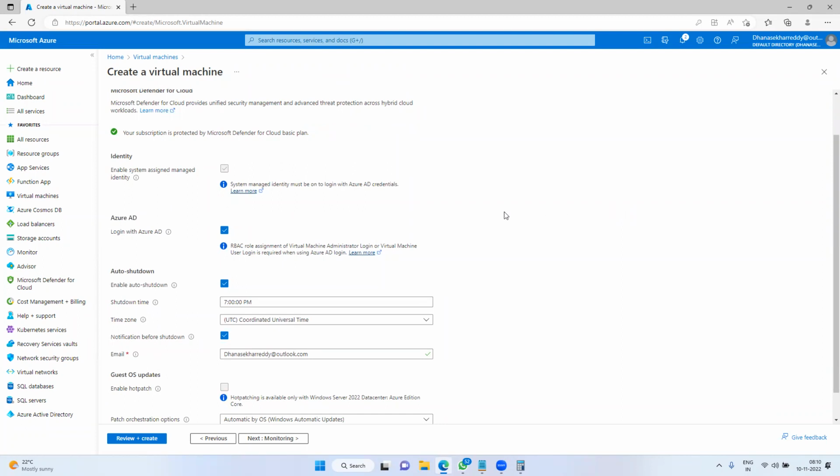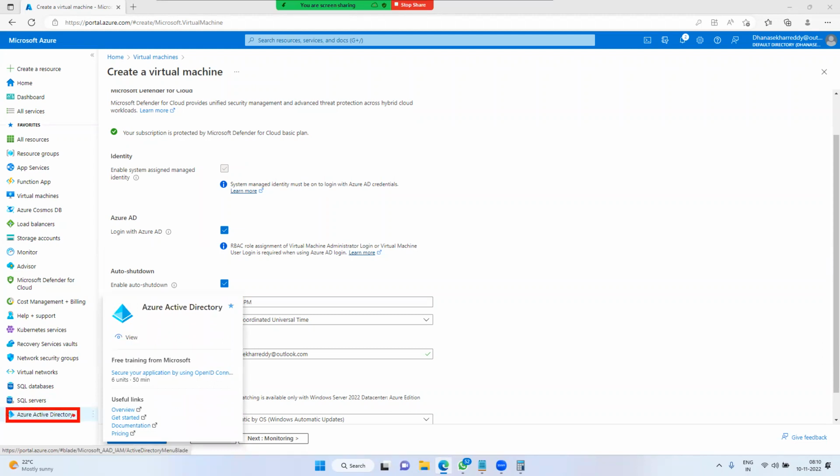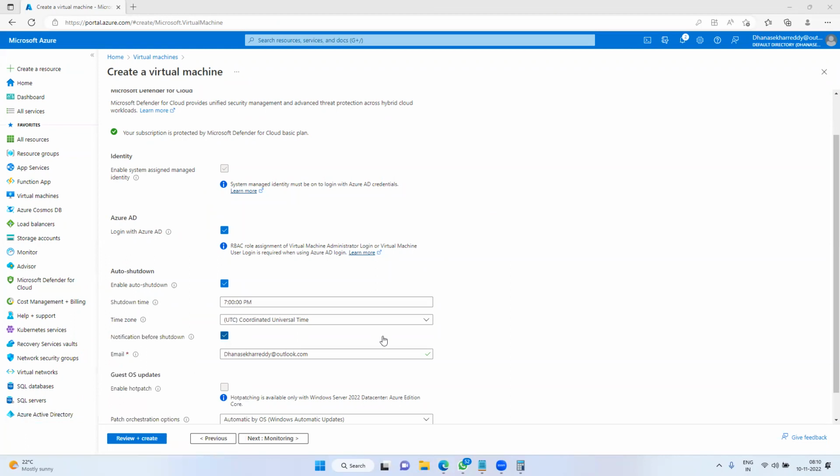Sekhar, one question here: suppose we enabled Azure Active Directory, how will this virtual machine sync with that particular domain? Azure Active Directory within the subscription only, right? I highlighted here, this is also one service. Automatically, whoever is part of the users in this Active Directory will be synchronized by default. Suppose I have multiple domains, how can we do that? Multiple domains means we have to configure Lightweight Directory Access Protocol, LDAP. Okay.